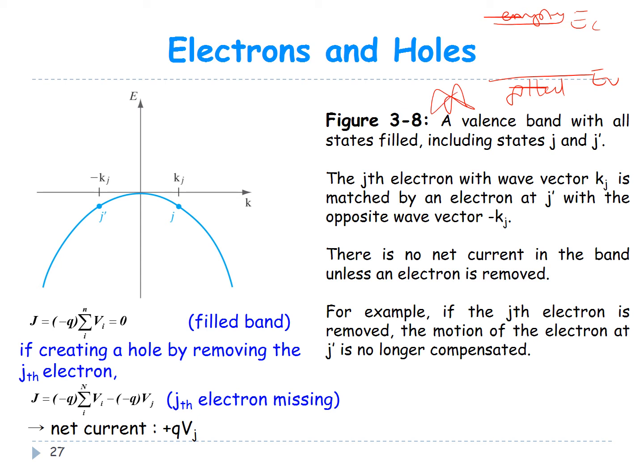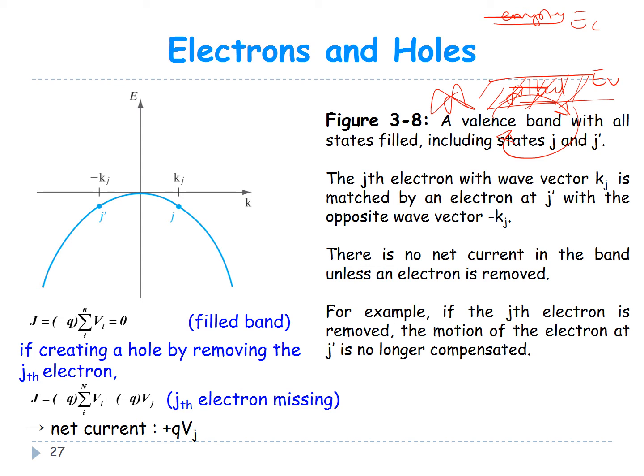But when the valence band is filled, these random movements of electrons always cancel each other. So for an electron moving in one direction, you also have another electron moving in an exactly equal and opposite direction,